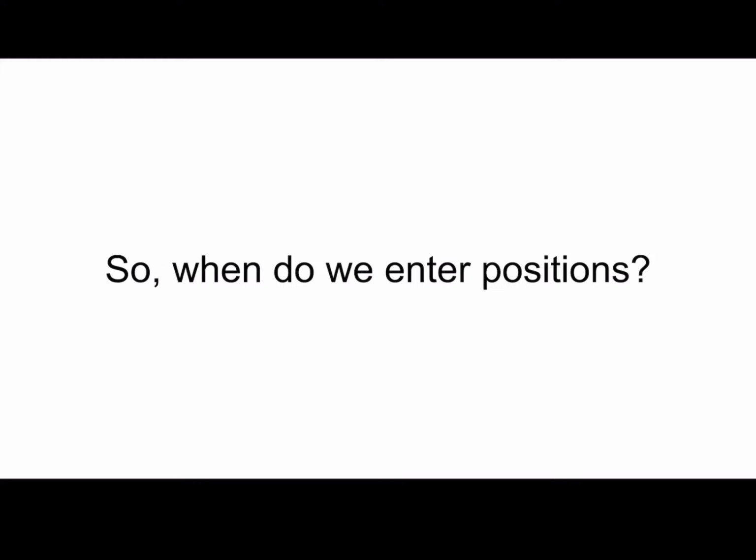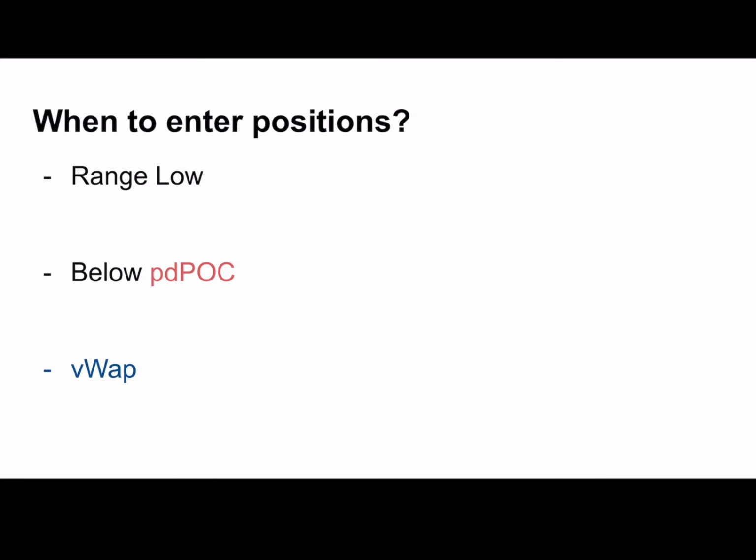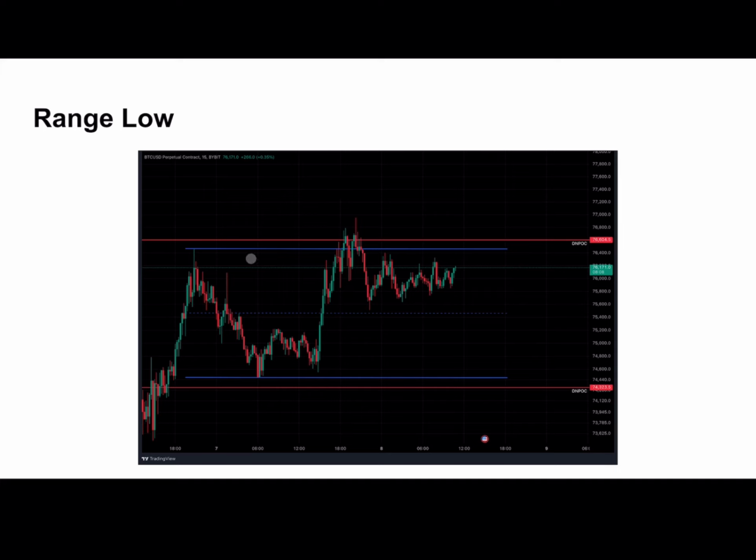Now, how do we enter positions? How do we actually trade? Well, I have 3 different versions that I would recommend for people who are new in the market to enter positions. First of all, you enter positions at range low. What I mean by range low is you will see price action, and it's doing it now as we speak, going sideways during all-time highs. Again, it's either an ascending channel or a sideways range.